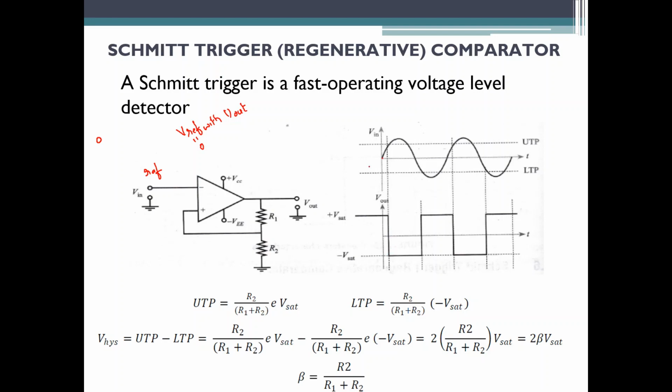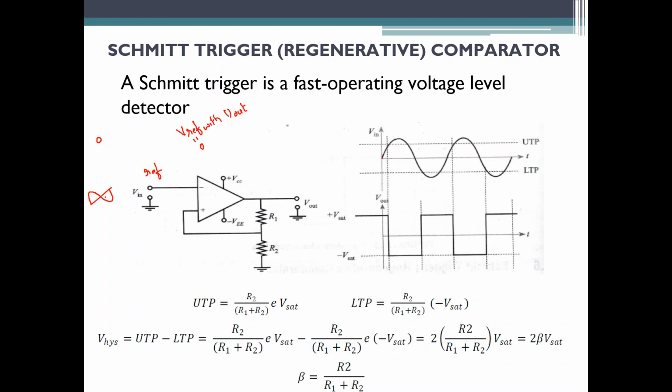Here the input voltage Vin is applied to the inverting input terminal and the feedback voltage goes to the non-inverting terminal. So the input voltage whatever you have taken is 0, right? This is taken to be 0 here. Or let us say that you apply some voltage to the input. For time being, let us consider that you apply a sinusoidal voltage.